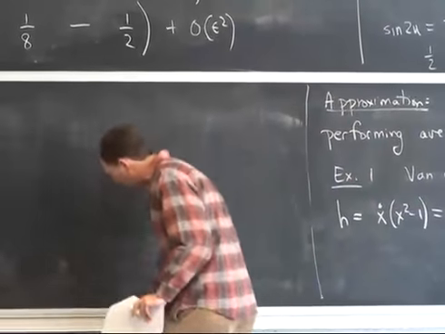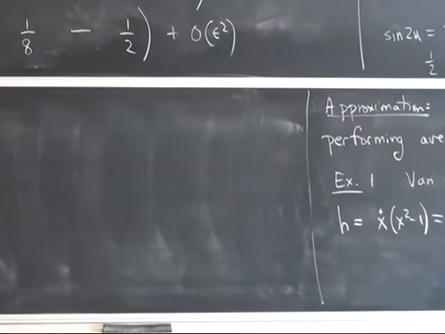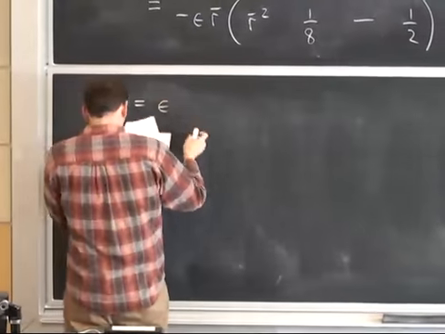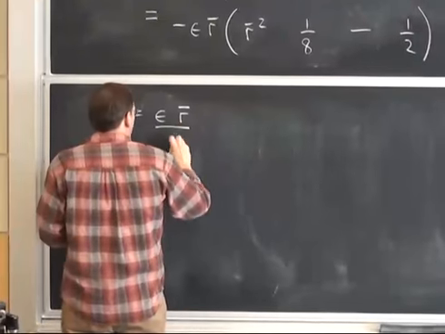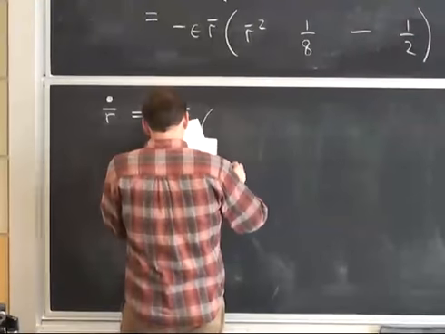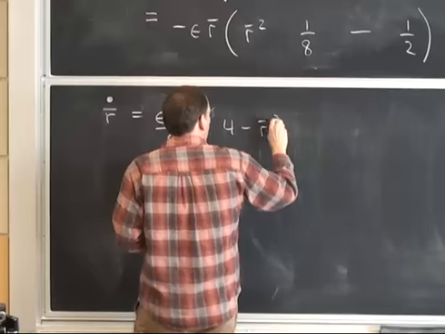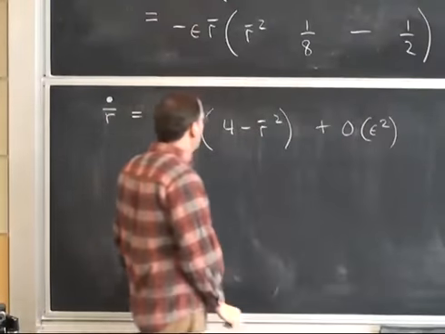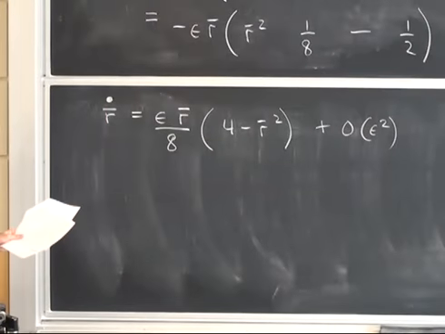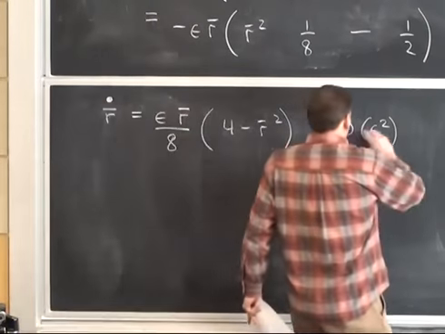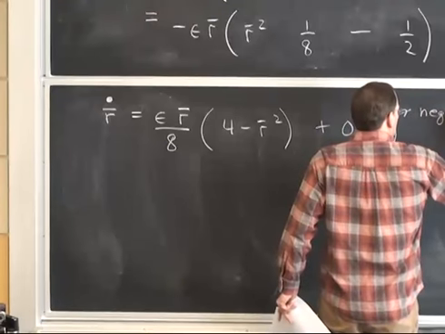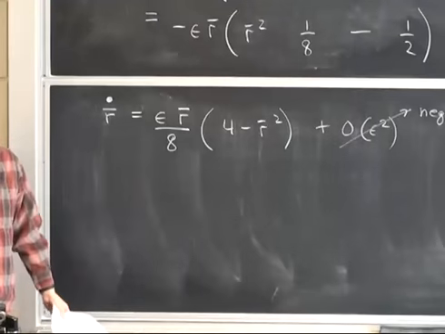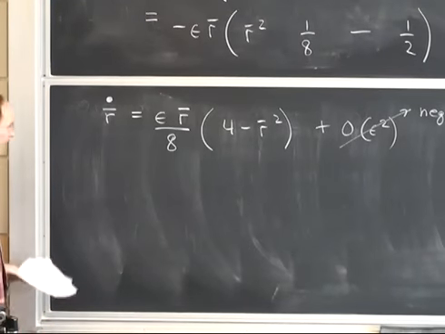That is, we've got this beautiful evolution equation. Let's clean it up a little. That says that the average evolves according to just epsilon r bar. Let me factor out an 8. And then this becomes 4 minus r bar squared plus my annoying garbage pail there. So let me from now on neglect this. This is tiny compared to the other. And the dominant effect is governed by this little first order nonlinear differential equation, which we can analyze with our,